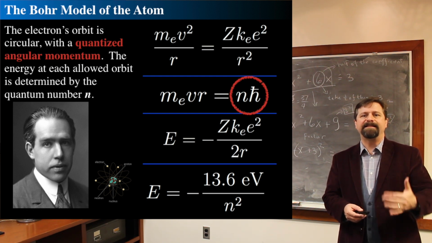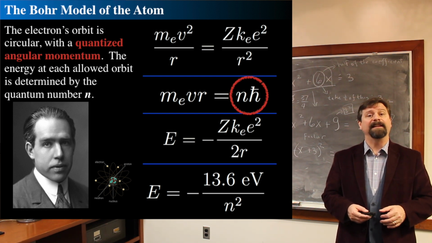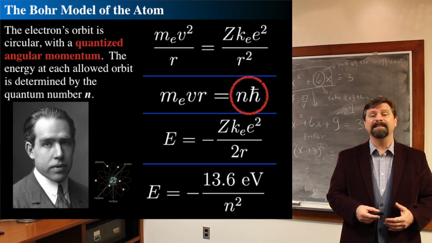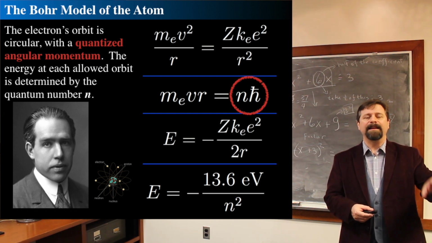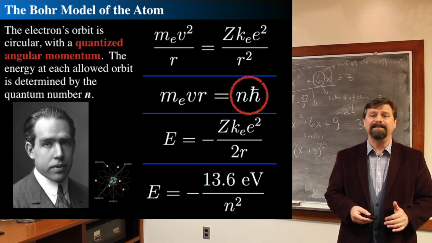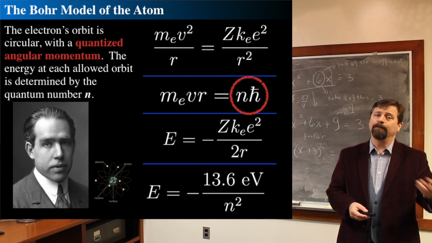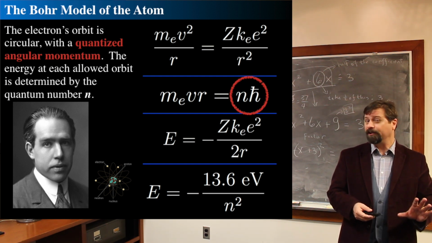There must be only stepwise distances that the electron can live from the proton. So the Bohr model of the atom says, let's now take this concept of quantized angular momentum. And what we'll do is we'll say, what is the force that is required to keep something going in a circular orbit